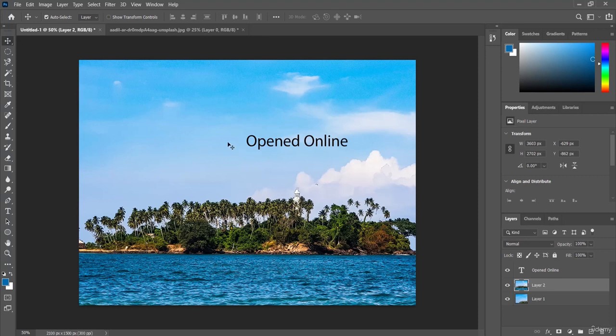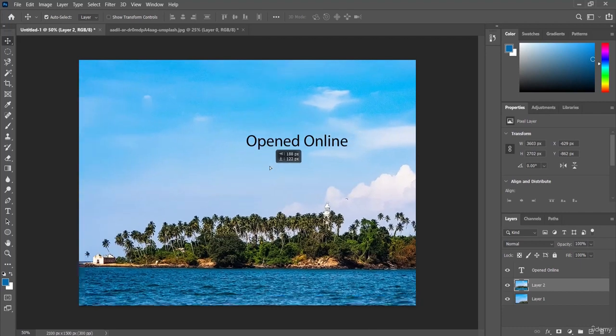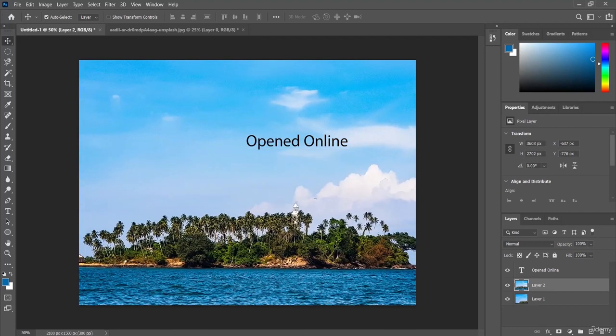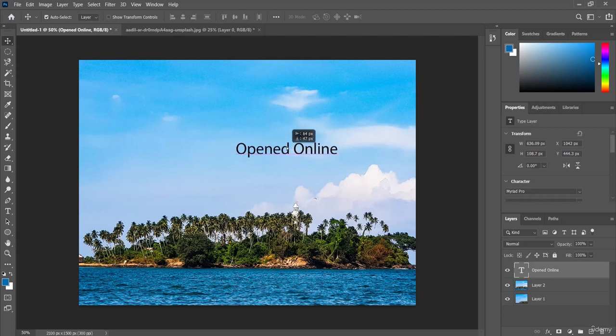So as an example, let me move the text from here. What is happening is basically this image is moving. So you have to make sure that T, that means this is called the text layer, is selected. Now you try to move the text. So you can see now our text is moving. Okay, so what we found right now in our layer panel, we have a total of 3 layers: text layer, layer 2